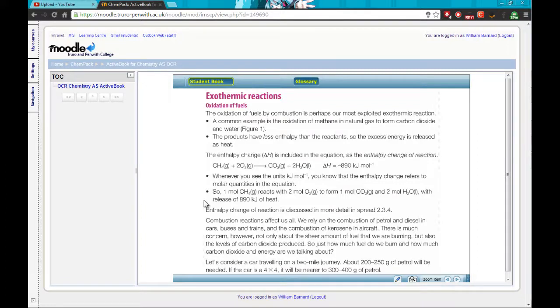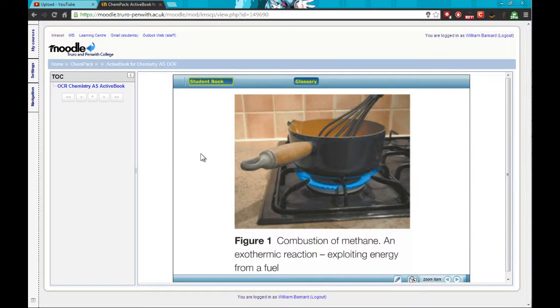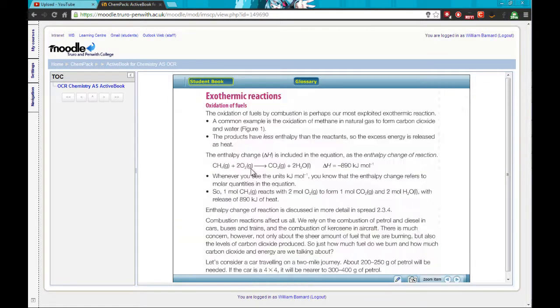So now we're looking at different types of exothermic and endothermic reactions. So one example is the oxidation of fuels, and this is a negative enthalpy change of reaction. So it releases heat out into the surroundings, and one example could be for cooking, like just normal cooking gas,